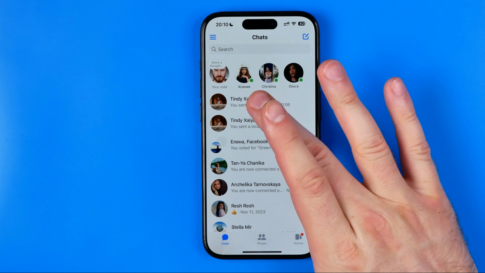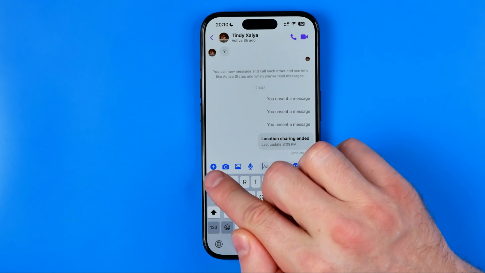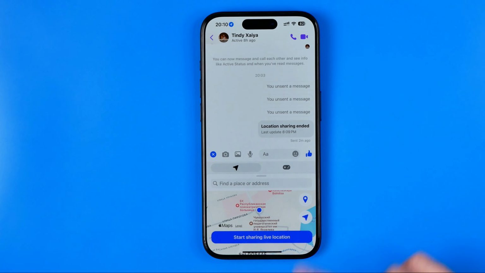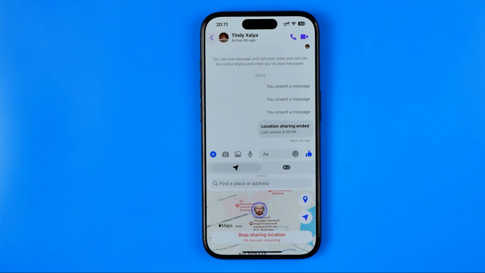After that, enter a conversation. Then tap right here at this plus button and select Location tab. Now guys, basically in order to start sharing our location, we just need to tap right here at this button